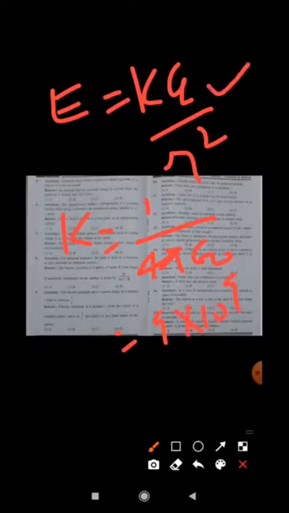Here k has the value for free space, that is 1 upon 4 pi epsilon 0, and you know that its value is not equal to 0. We are getting its value 9 into 10 to the power 9. So we will always get some value for the electric field. So it means that electric field exists for the material medium as well as for the vacuum or free space. So our assertion is wrong here, simple. Now let's see what is the reason.